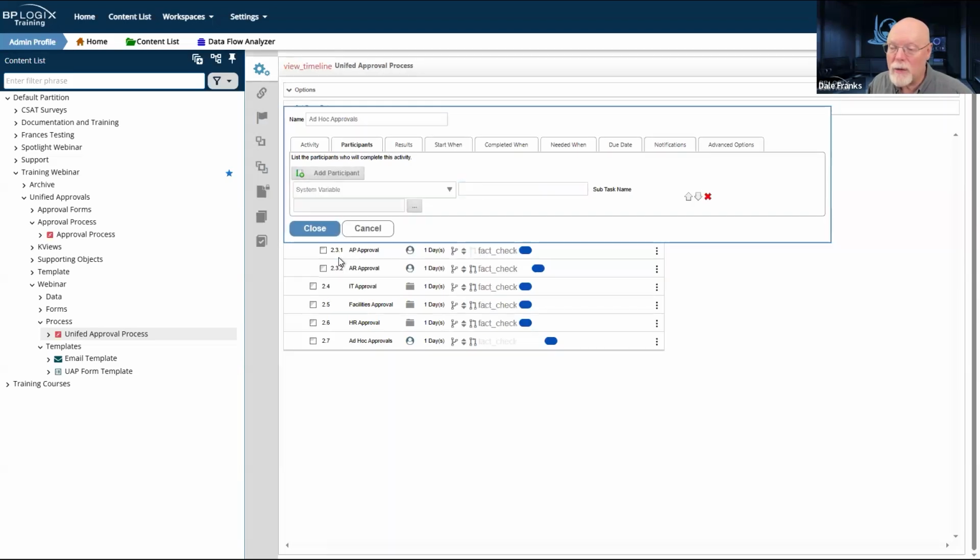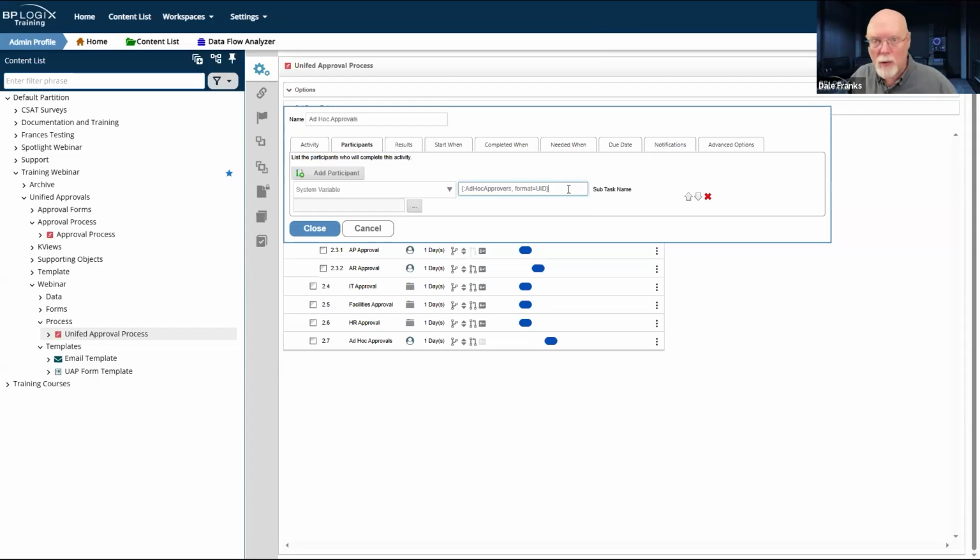So we are going to need to choose system variable, and that field is ad hoc approvers, but that field is also an array, but we don't really care as long as we format equals UID on the system variable. This is just going to return a comma separated list of UIDs. And as far as the system is concerned, that's fine.